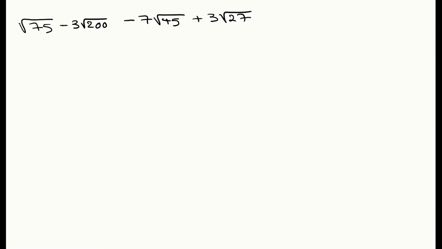I think you should be able to do this on your own, so definitely try to do so before you come back. All right, so here we're gonna simplify each of these radicals by breaking them into two parts, the perfect square part and the non-perfect square part. And of course we would not need to do that if any of these radicands was already a perfect square. We would just calculate what the square root is, but since none of them are, we are going to have to break them down,